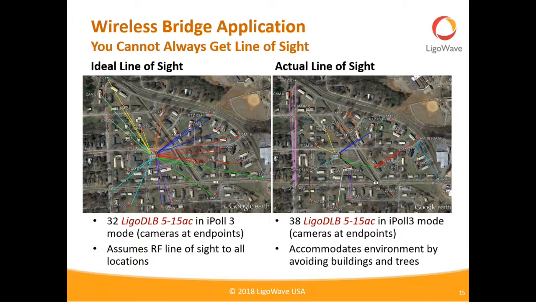And when the installer got on site, they basically told us that the buildings were 2-story, not 1-story, and there were all sorts of trees. So basically, we had to figure out paths to avoid all of the trees and all of the buildings in the way. So we have a slightly more complicated point to multipoint design that has to go through a few different hops in order to reach every remote camera location. Again, though, we can accommodate the environment by carefully tracing out the paths to make sure that we have clear line of sight to everywhere where we need to reach.